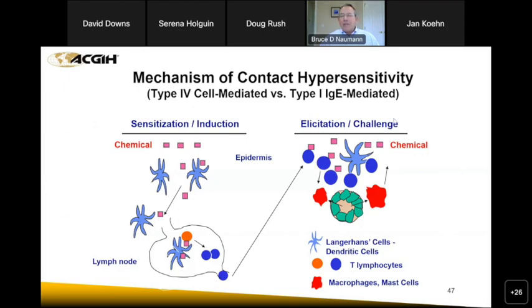So the challenge phase in these studies follows the induction phase. The elicitation is on the second exposure, and it may take several weeks for a worker to develop an allergy. Sometimes it takes years. We have laboratory animal allergy as an issue in the pharmaceutical industry, and some workers, animal handlers, can work there for decades without having symptoms, and then one day, have a problem. So it's individual. People have different susceptibilities. Anyway, in this case, now we have all the other cells involved, and it triggers the allergic reaction that you think of: swelling, bumps, rash, and there are other cells, mast cells, et cetera, that are involved.